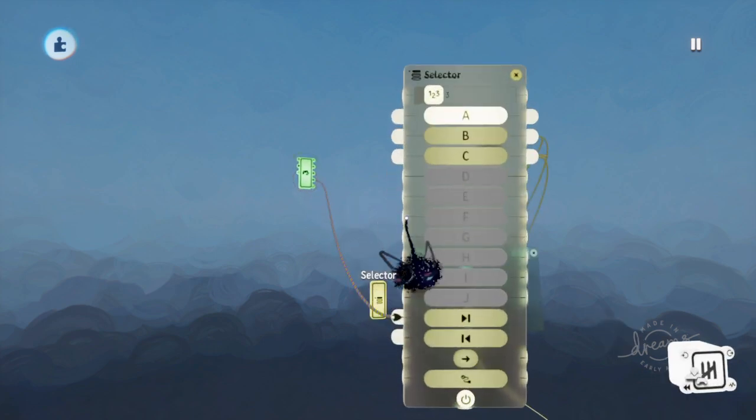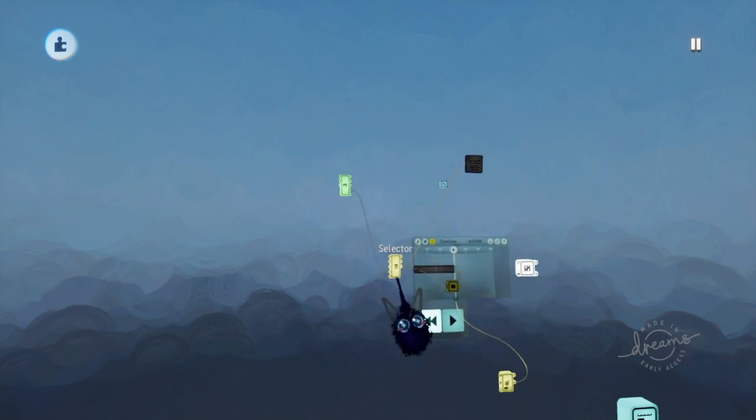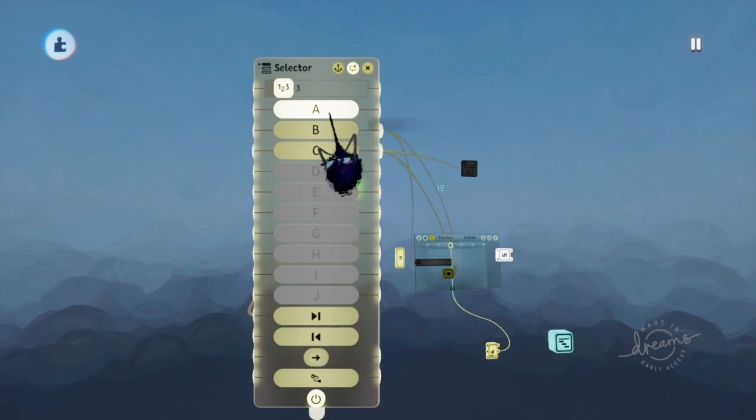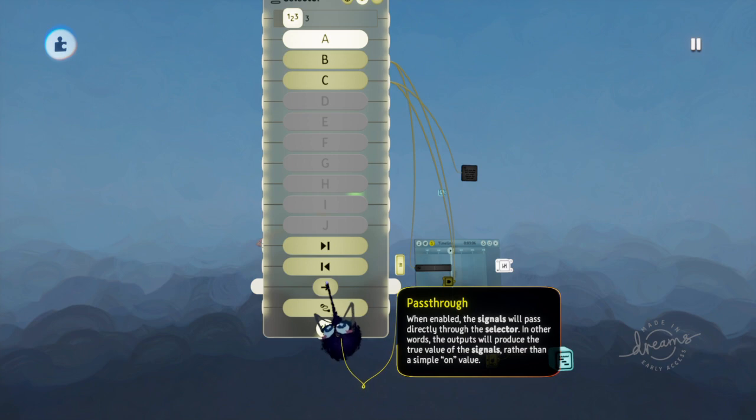Connect the X button to move to the next output. Keep this one blank. And trigger zone to activate this. Put the trigger zone detection into the power port right here. What this does is makes it to where it's a true value. So let's say